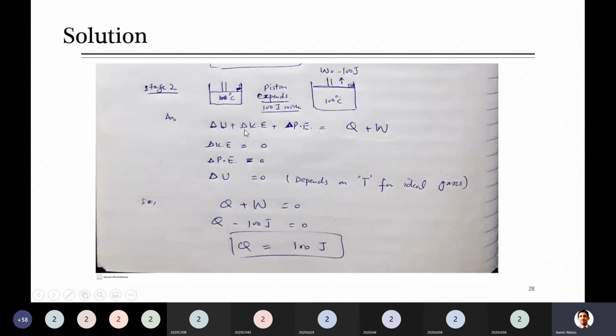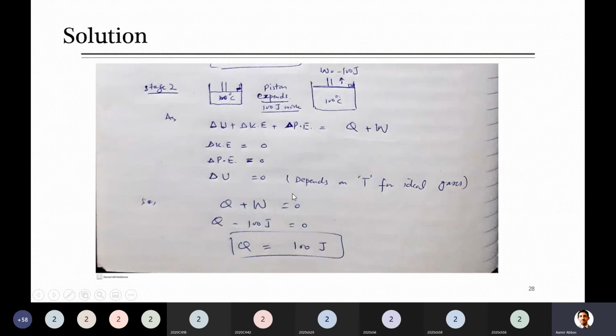In this case, the kinetic energy change is zero, as well as the potential energy change. Although there is some change in the height of this gas, because as compared to initial its height has changed, again in the statement he told that this potential energy change is ignorable. You will take the change as zero. So these two I took as zero. The third one, which was actually causing confusion here, is the change in internal energy. That also I took as zero.